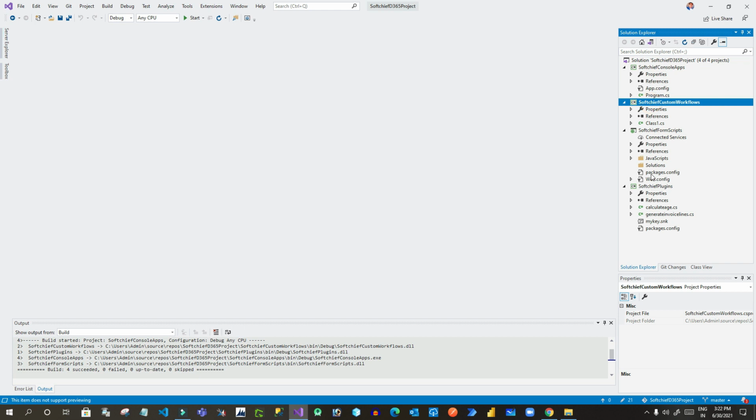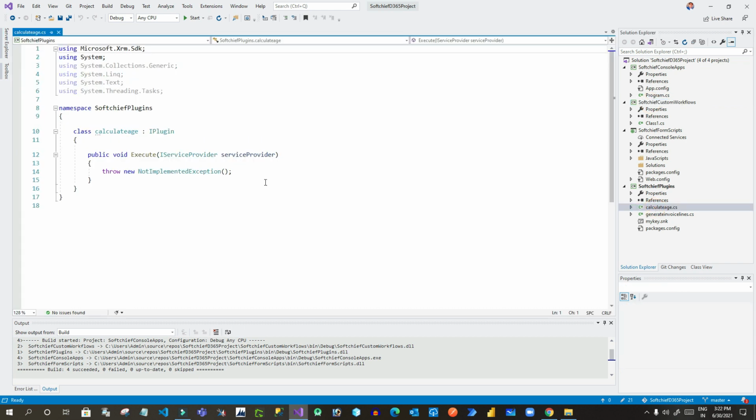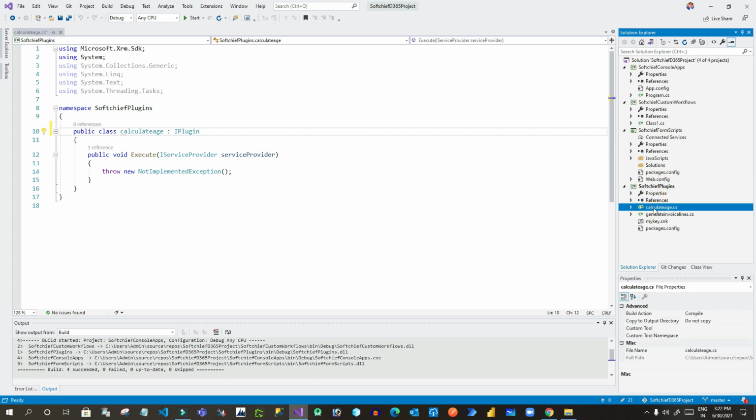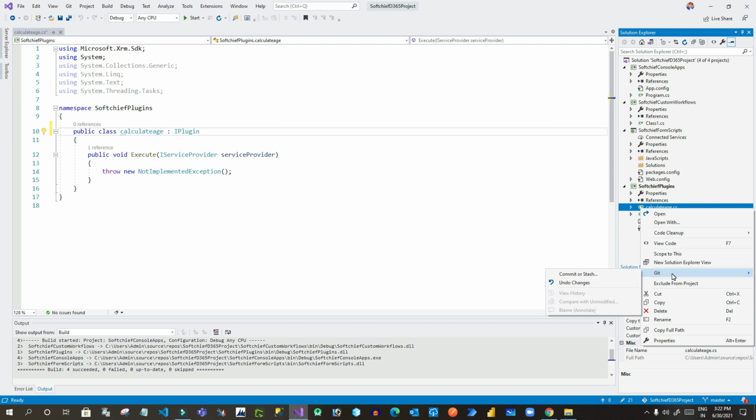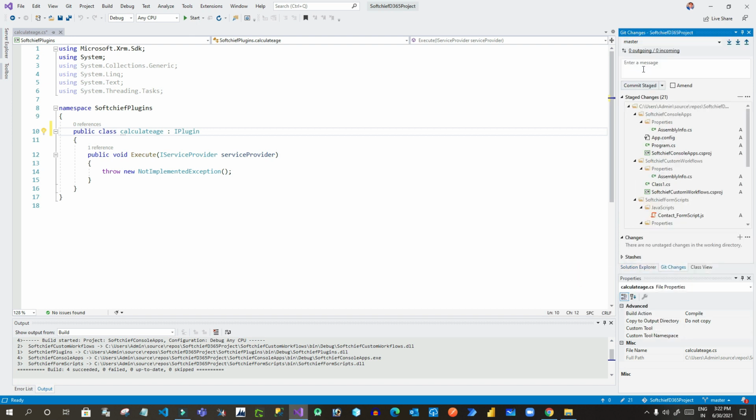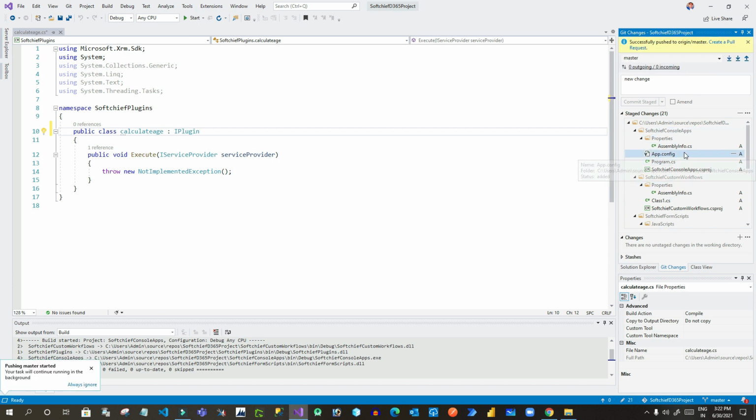If you go to Solution Explorer, let's say you want to change something here. I want to change something in the calculate age and change it to public. Okay, now once it is done, I want to push it, right? So I can go to Git and click on commit. I can give a comment here, new change. Okay, now here I want to click on push. Now the latest code will be pushed to your Git server, right? Successfully pushed. If you want to pull from the server, you can click on create a pull request.